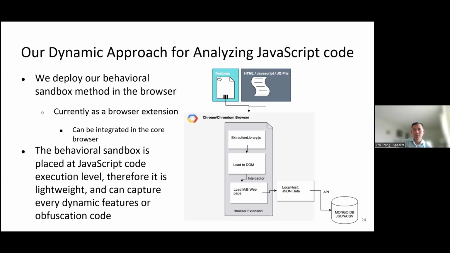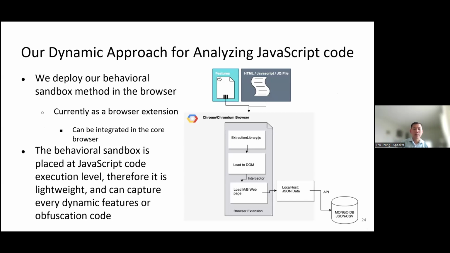The idea we have done is to deploy the sandbox into the browser, and currently, as I mentioned, we implement it as a browser extension. In principle, we can implement it inside the browser, or we can implement it in a proxy browser server, something like that.